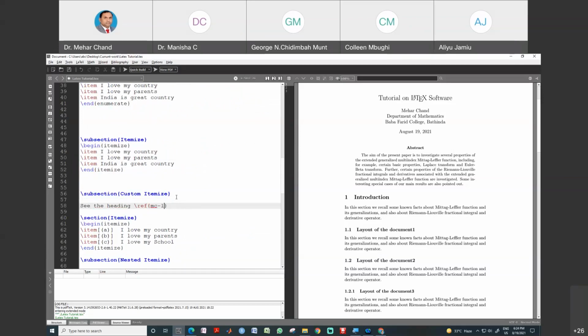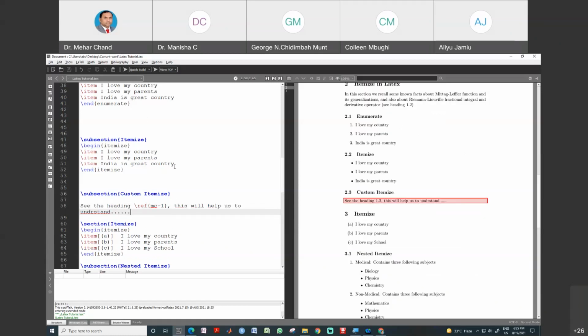The label which was assigned to the previous heading, I mention here. This will help us to understand, and so on. Now when we execute, you can see on the right-hand side, section 2.3, this is the reference of the heading.